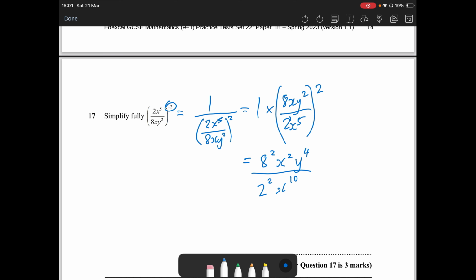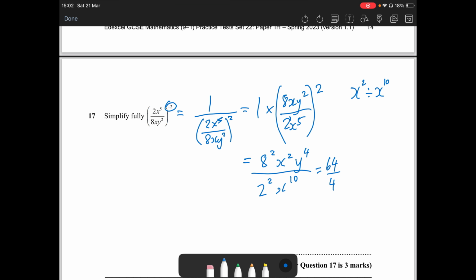I'm just triple checking that I haven't made any silly mistakes now. I can't see any, so let's crack on. Now, 8 squared is 64, 2 squared is 4. We'll divide that in a minute. 2 of the x's on the numerator cancel out with 2 from the bottom. So x squared divided by 8,